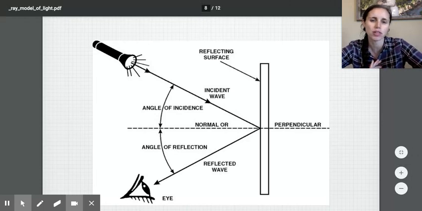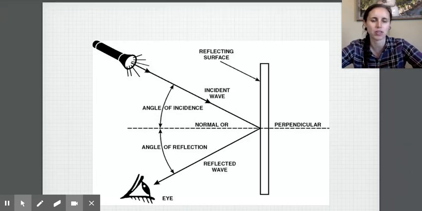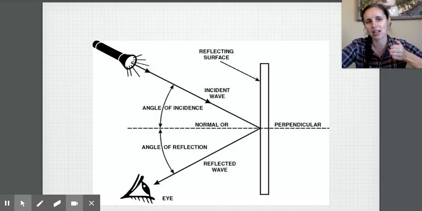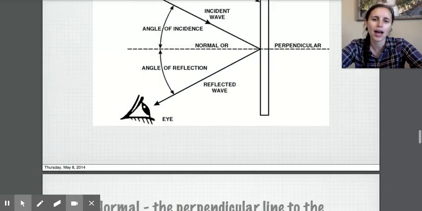This isn't just true in light, it's actually true in everyday life as well. Rebound shots, when you're golfing or in basketball, that's why there's that little square around the basketball net, is because the angle of incidence, the angle at which something hits a surface, is always the angle at which it's reflected